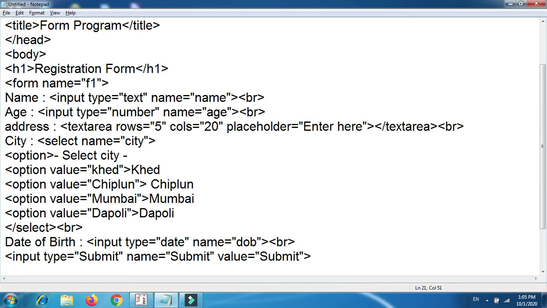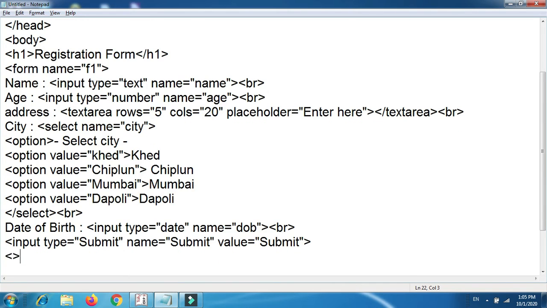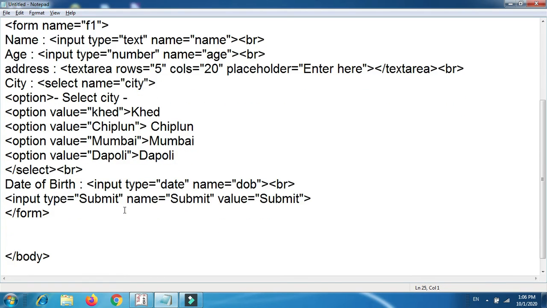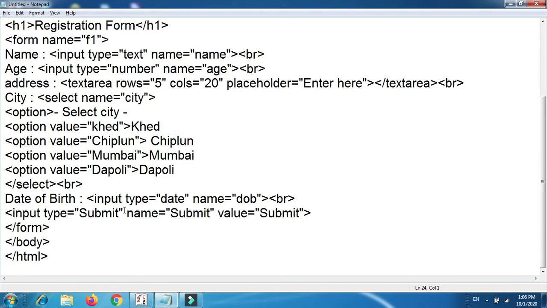In this way you can add several elements, but the main thing is you have to fulfill the question requirements. You have to write as per the question, fine. Now after adding all elements, you have to close the form tag, and then the rest of the tags. Now form is closed.